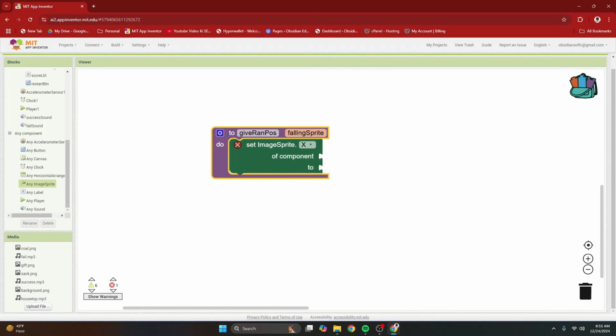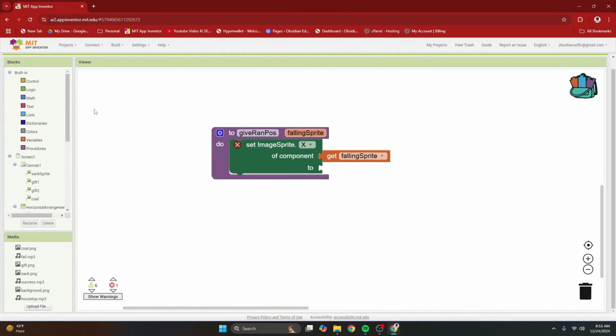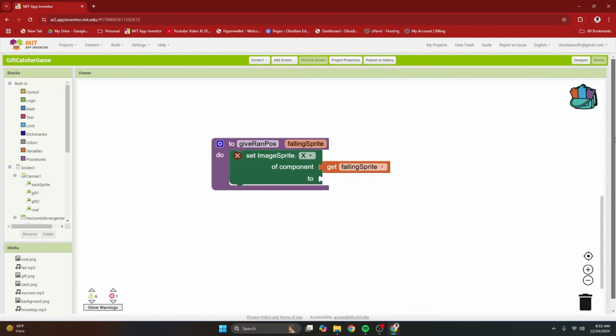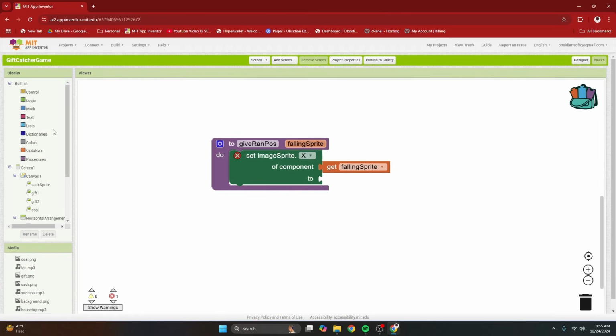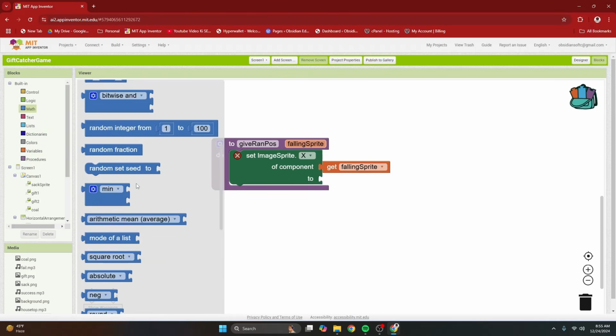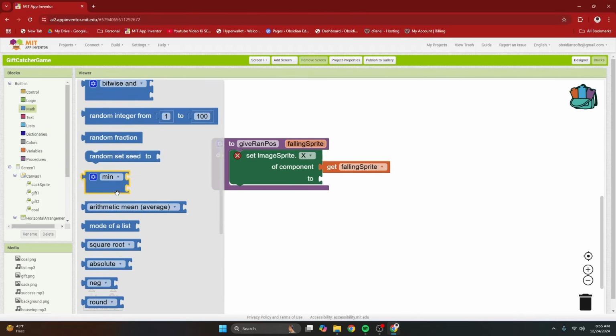Here the component is the falling sprite. So I will be passing an image sprite to this procedure, and I want it to have a random X position anywhere on the canvas. So the position is between this point and this point, any position. Okay, so how can we do that? We can use a random block